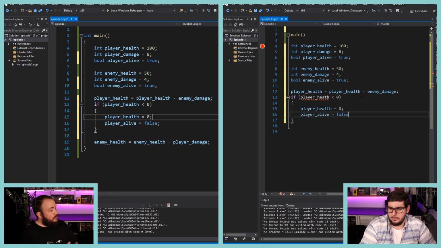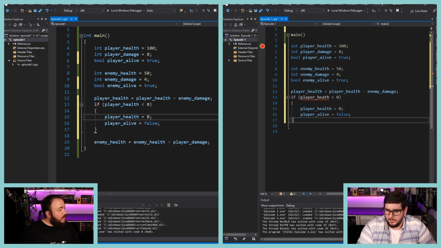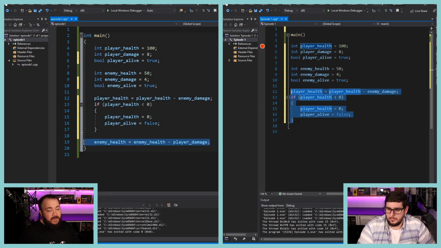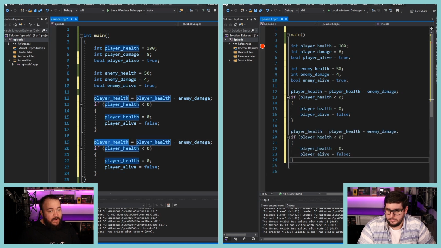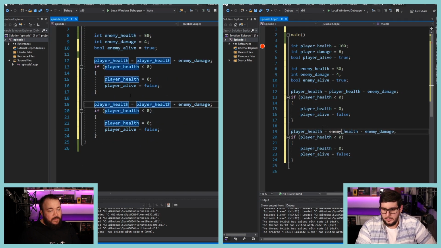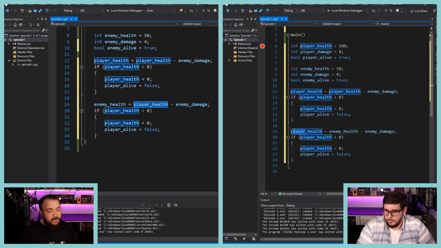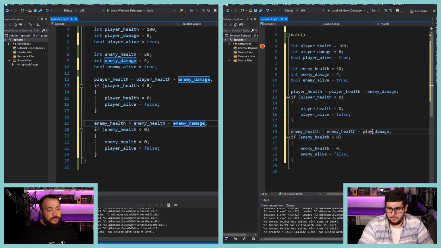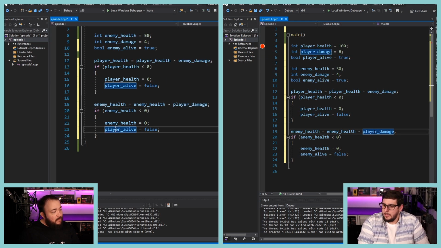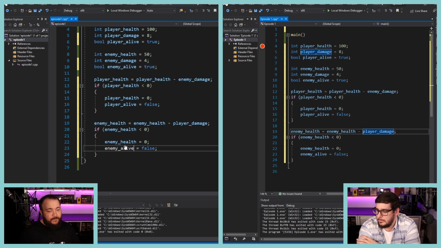You're typing away. It's okay. Oh, wait, you did health again. It's okay, you can copy paste that. You can copy that and replace that underneath, but swap the values. So instead of player health, you have enemy health. This is a nice way also: if you click on it, you see all the locations it's at. And then we don't want enemy health minus enemy damage. We want to do player damage. And we don't want player alive, it is enemy alive. There you go.